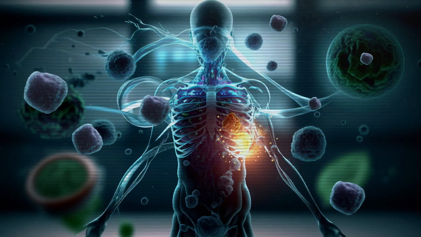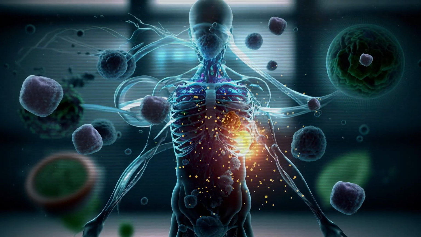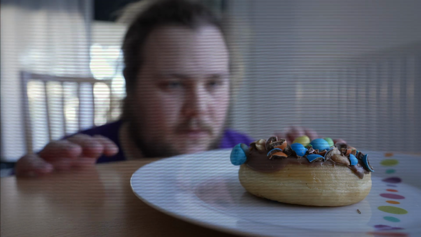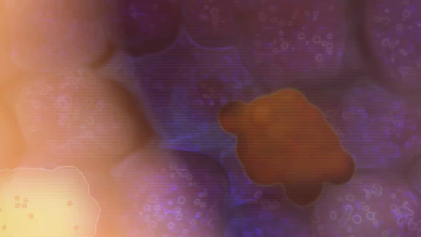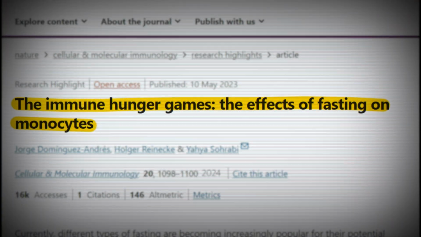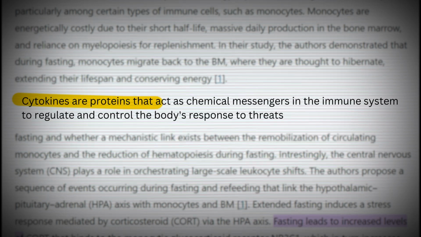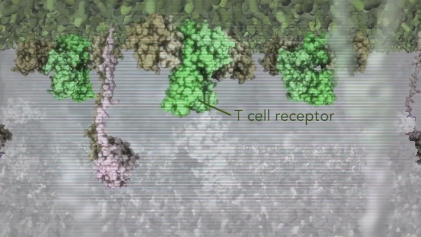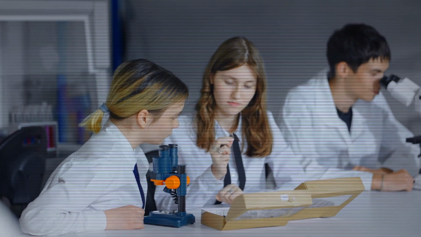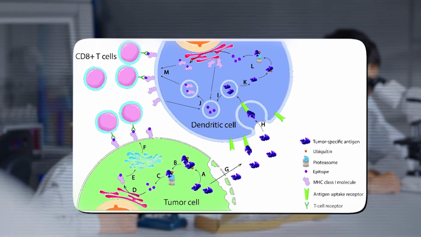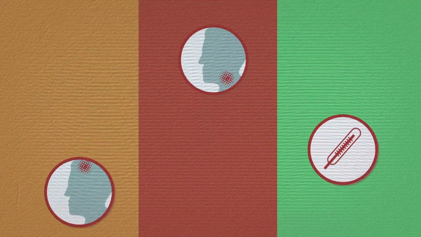The immune system plays a crucial role in recognizing and eliminating cancer cells. Fasting has been shown to enhance immune surveillance by increasing the activity of cytotoxic T cells and natural killer NK cells, both of which are essential for targeting and destroying cancer cells. A 2024 study published in Nature Immunology found that fasting induces the secretion of cytokines that promote the activation and proliferation of T cells and NK cells. The study demonstrated that fasting increases the presentation of tumor-associated antigens on cancer cells, making them more recognizable to the